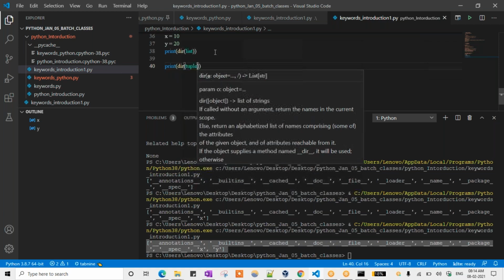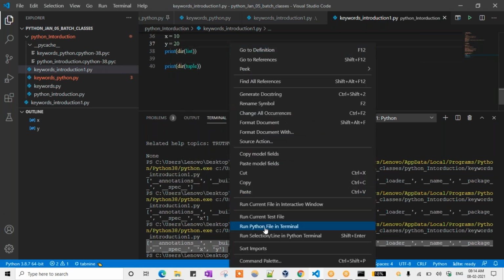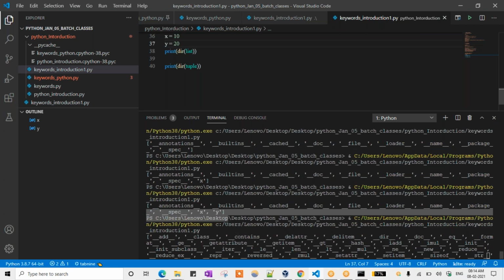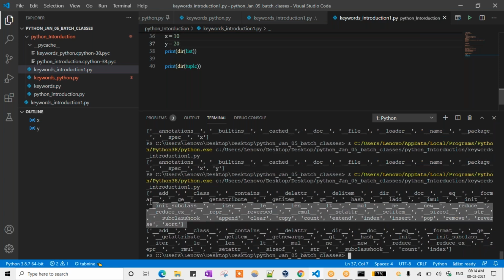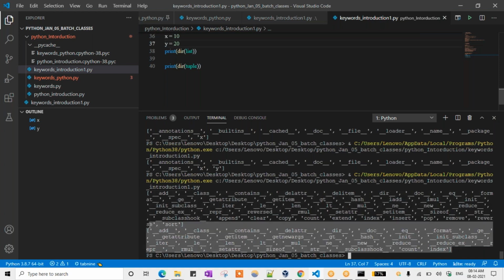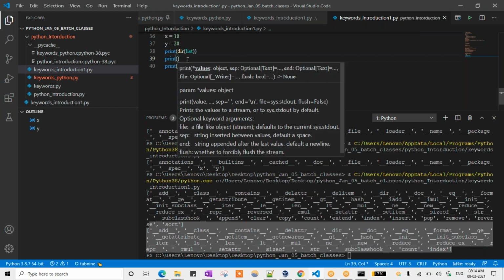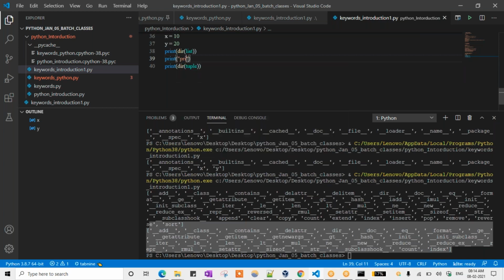So what are the methods present in tuple? If I run that, you can see all the methods present. See here, these are the list methods present in list, and these are the methods present in tuple. Instead of that, you can keep some print statement to understand clearly. So printing tuple methods. Okay.